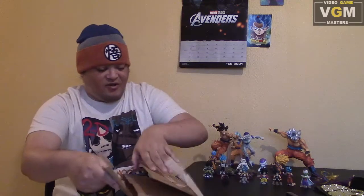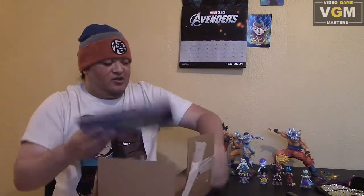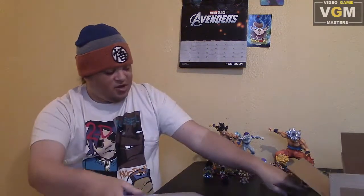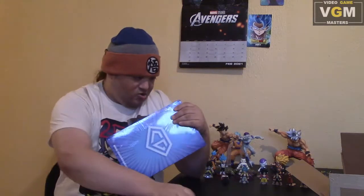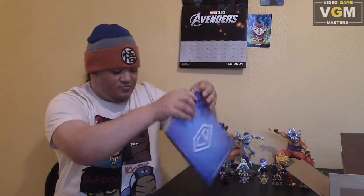This extra layer here, there we go. Oh, this is the part that's very tight. It's all in this bag here, and this is the part where you gotta cut it carefully because I don't want to accidentally scratch one of the books or covers. Usually as long as I can cut a little edge, I can use that as leverage to destroy the rest of this bag. So let's see here. Should have probably cut a larger bit. I guess I'll swallow my pride and just get a larger bit there. I always like to do just a little bitty nick, but I need a bigger nick here. Okay, so...